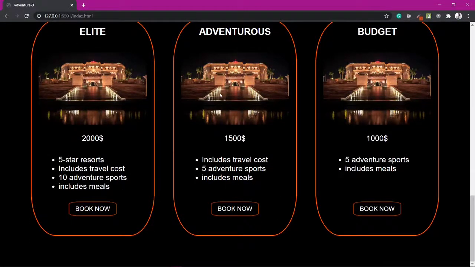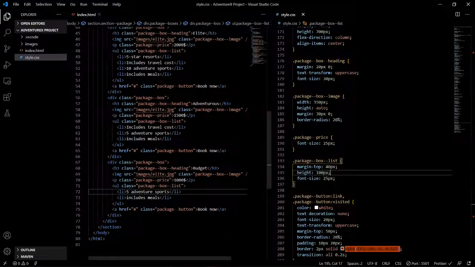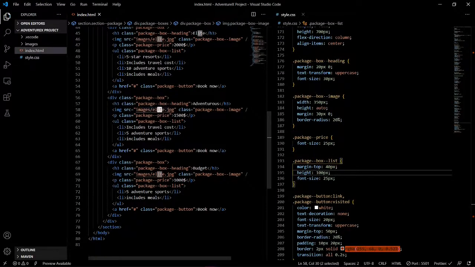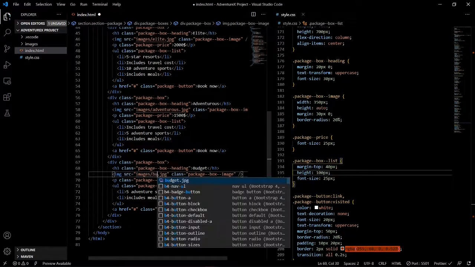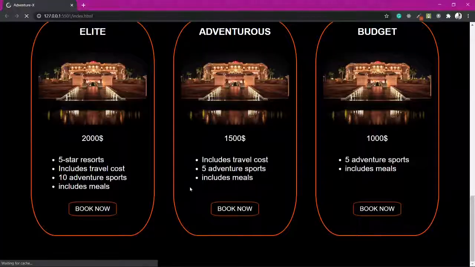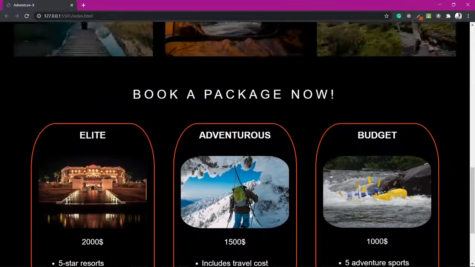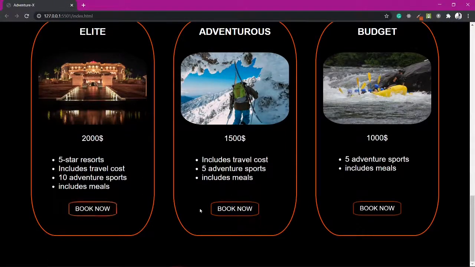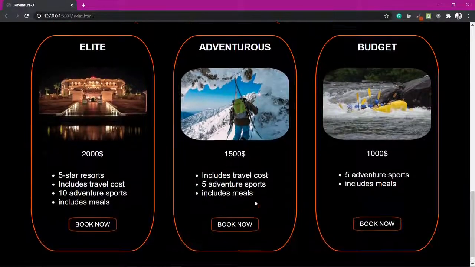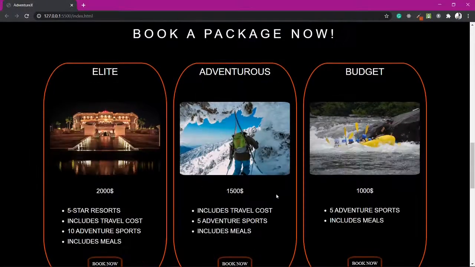And oh, we need to change the image as well. So I'll just add the adventures image over here. And over here it would be budget. So there we go. We have this section prepared as well, and we have only two more sections left now,